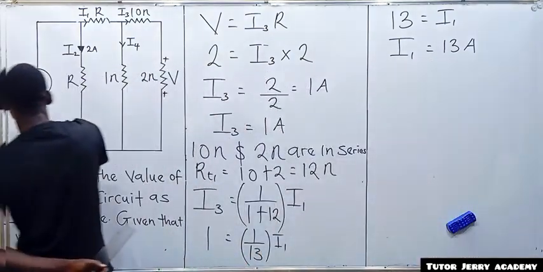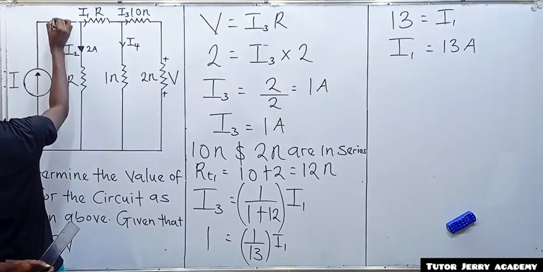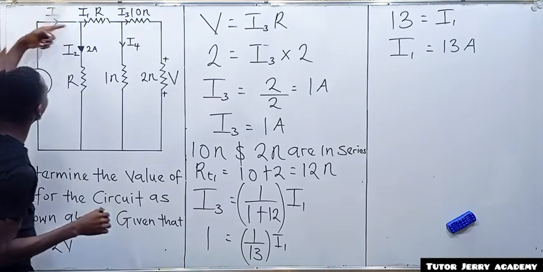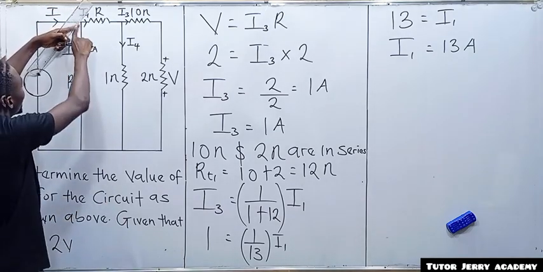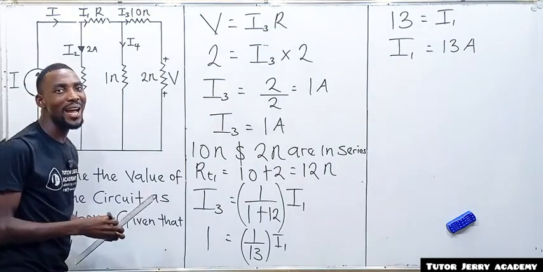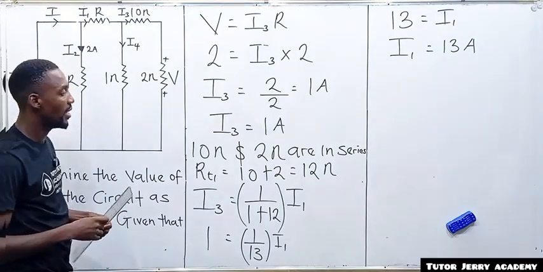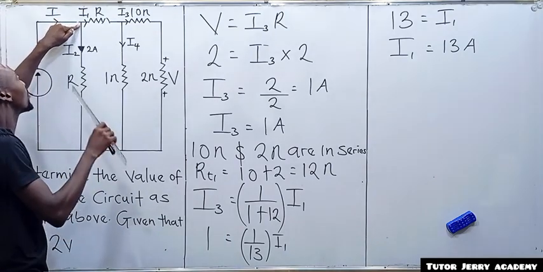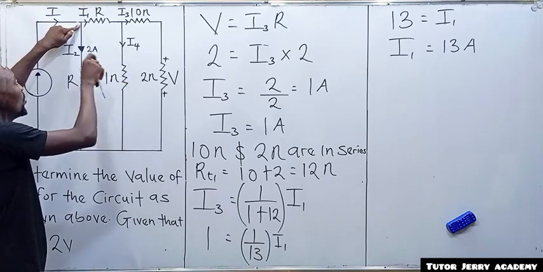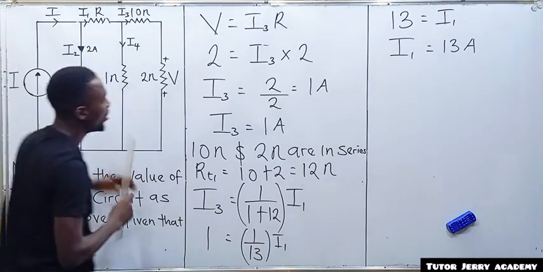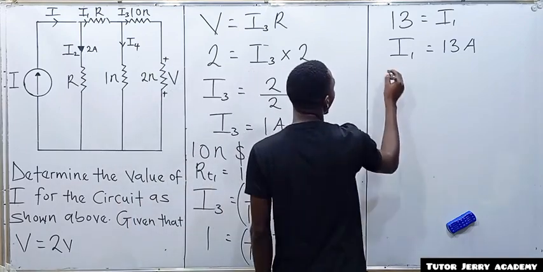Don't forget, it is I that will flow. So it is I that is flowing. When it gets to this node, it gets split into what? I1 and what? I2. So we can apply the Kirchhoff current law that says that the current that is going to enter this node will be equal to the sum of current that is leaving this node. So what are the currents that are leaving this node? It is I1 and what? I2. So it shows that applying